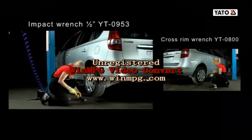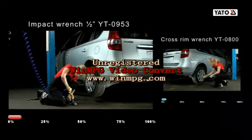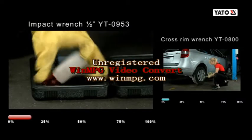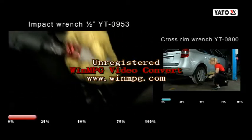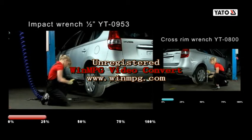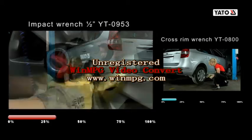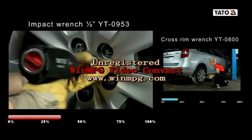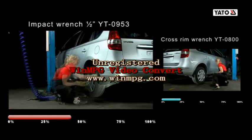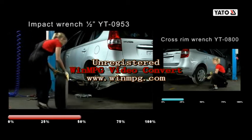The composite impact wrench YATO has the maximum power in the half-inch class, 1356 Nm. The wrench is made of composite materials and duraluminum, and the result is a small mass amounting to 2 kilograms, which has a positive effect on the reliability and efficiency of the mechanic's performance in a long working cycle. The wrench has an ergonomic shape, non-freezing handle, and an integrated start-stop switch system, which maximally reduces the time